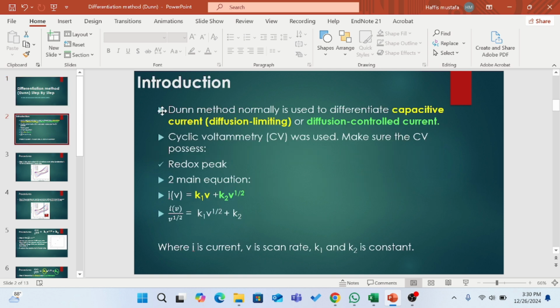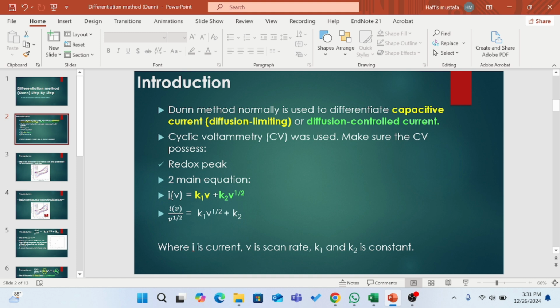The first step is you should understand what you are doing with the Dunn method. Usually we can differentiate between capacitive current and what some people call diffusion-limiting or diffusion-control current. For cyclic voltammetry, if you want to apply the Dunn method, it should be for redox peaks. The main equation is the current at a fixed voltage equals the constant K1 times the scan rate, plus the constant K2 times the scan rate to the power half, whereby the yellow part, the constant times scan rate, is your capacitive current